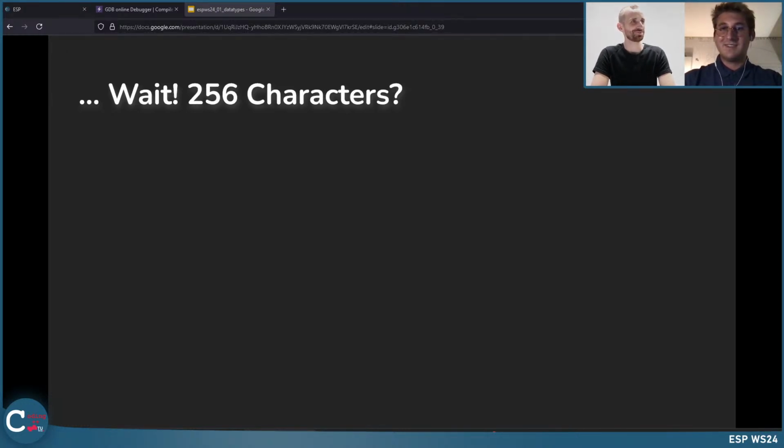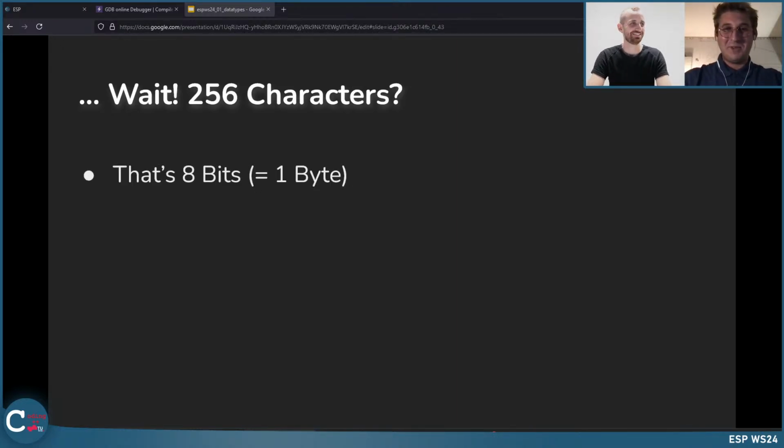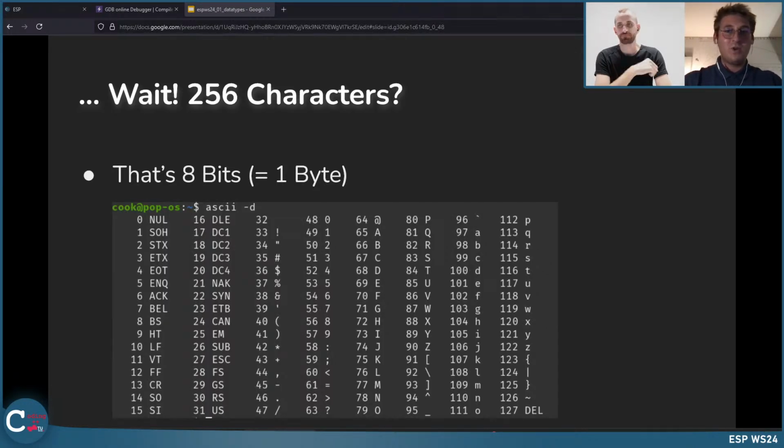But for the sake of time, let's just explain it. 256 is 1 byte or 8 bits, which means with 1 byte we can represent 256 different characters.